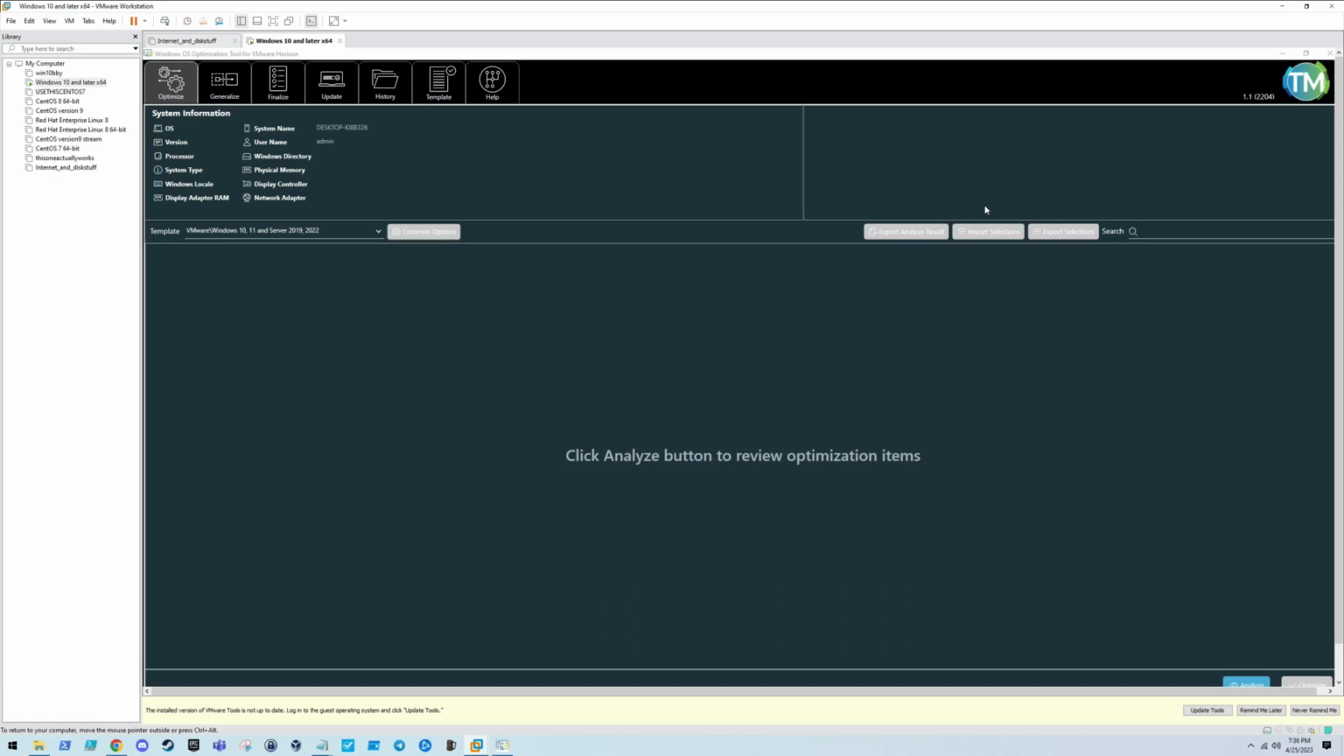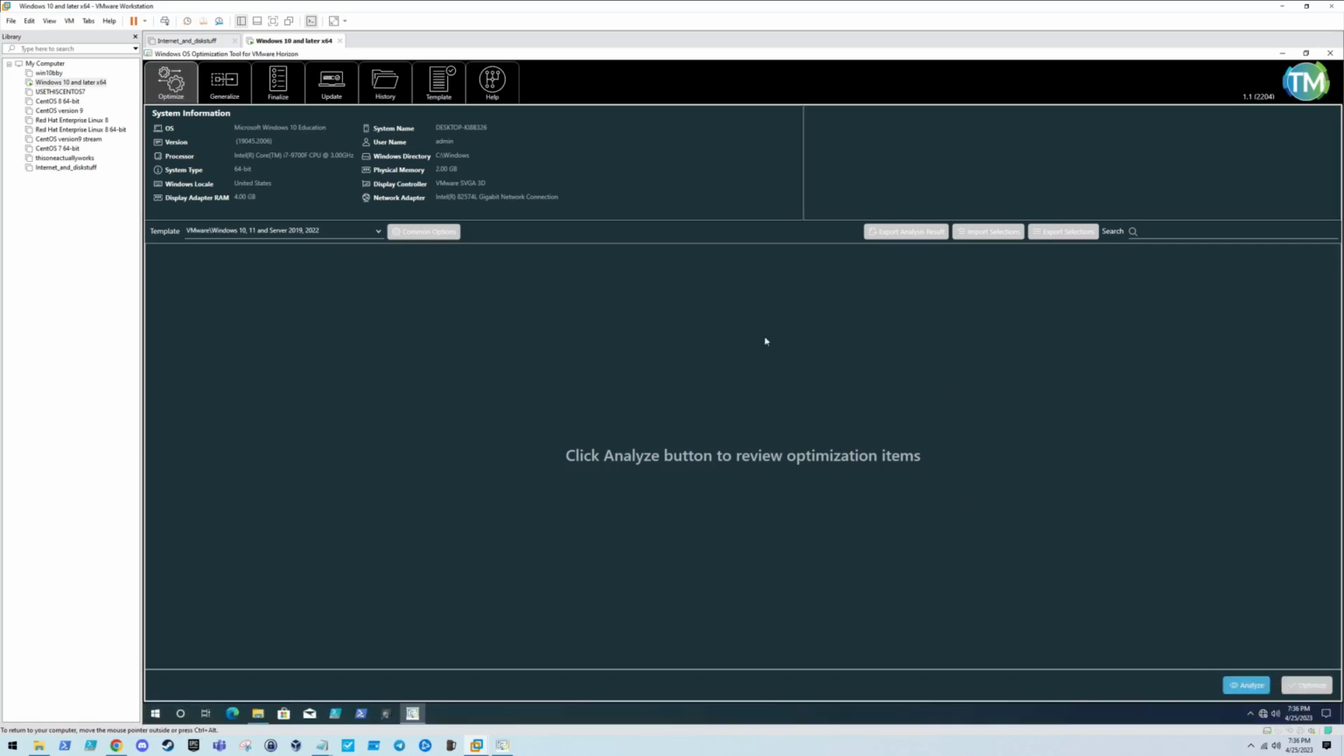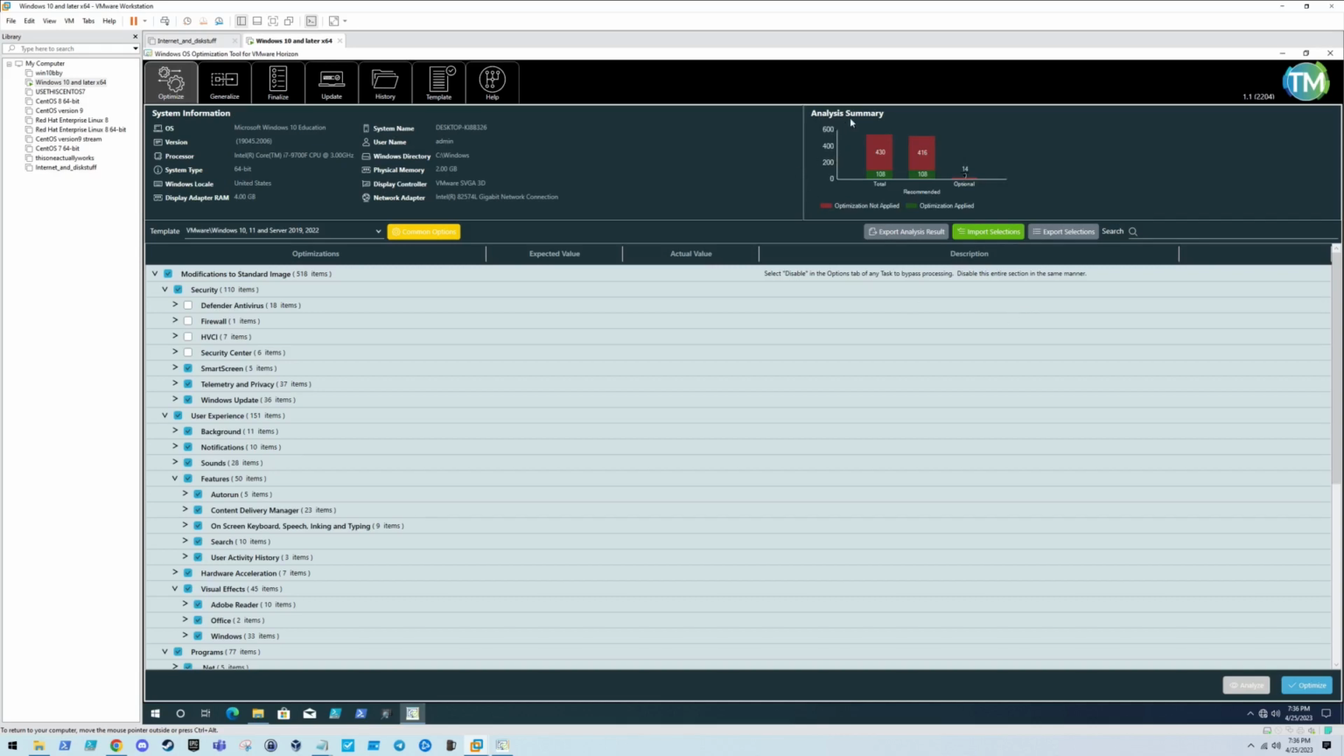The documentation actually recommends that you run the tool as you're building your Windows OS, because I guess it works a little better, but either way you can use this post-install like I'm going to do here. So this is what it looks like. You click the Analyze button in the bottom right to analyze your current environment. It's going to look through the services you have enabled, and then it'll give you an analysis summary